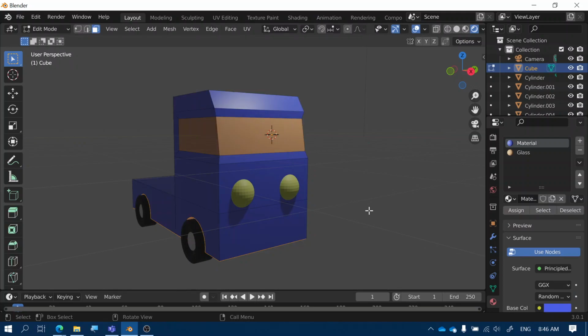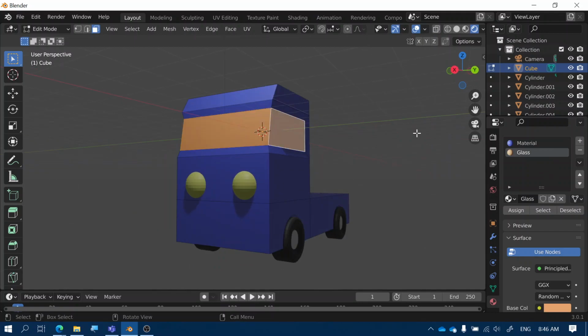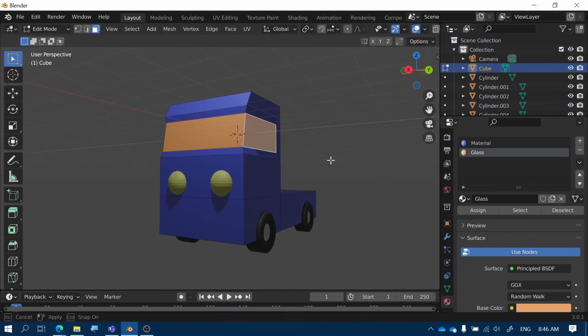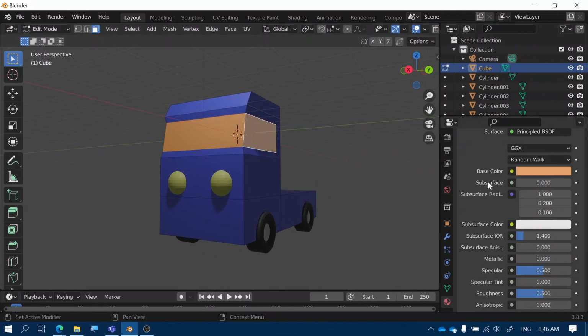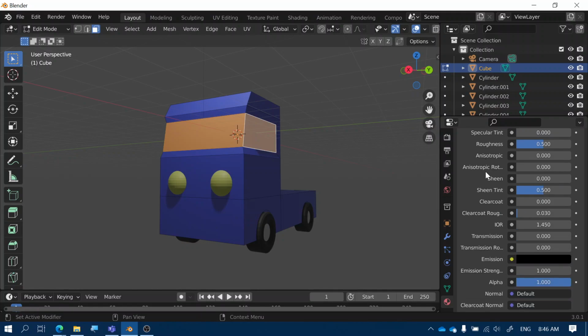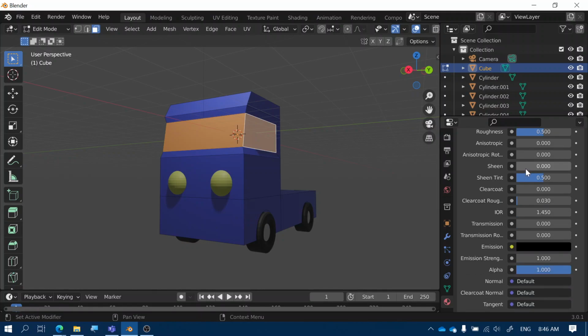So to create a see-through effect, you need to select the material that you've chosen. Now, I've already assigned glass to this material, so actually I didn't need to do that step. But anyway, I've selected that now. Now go down to all of these material properties, and the one that you need to increase to make it transparent is called transmission. So just go to transmission, which is probably set to 0, and increase it all the way up to 1. Now, that will create a glass effect, but you can't see it immediately,